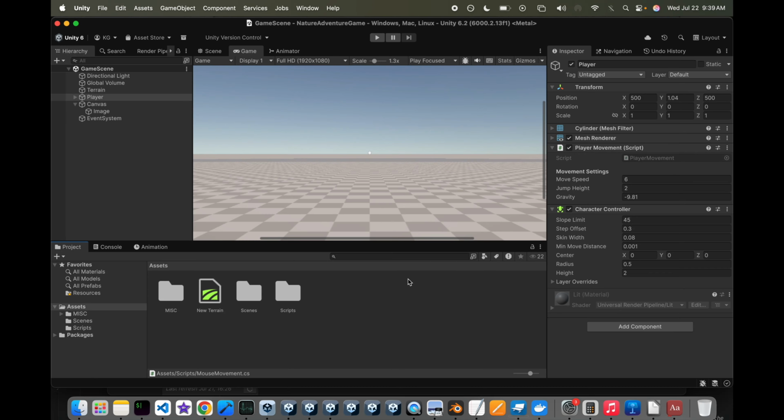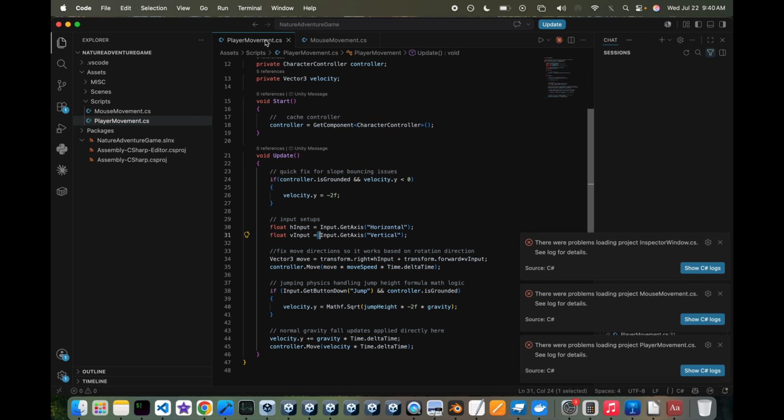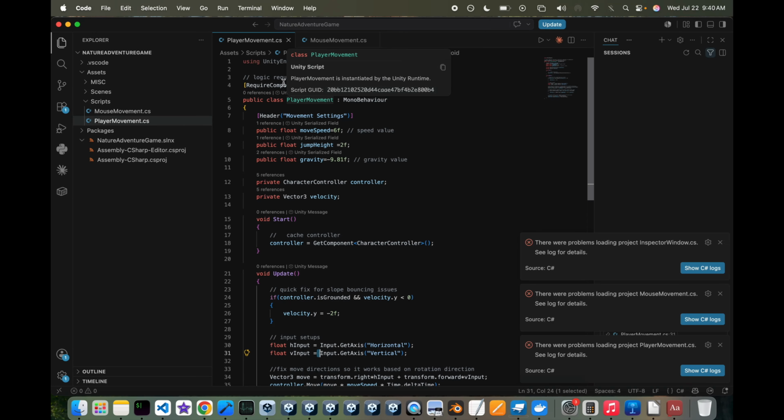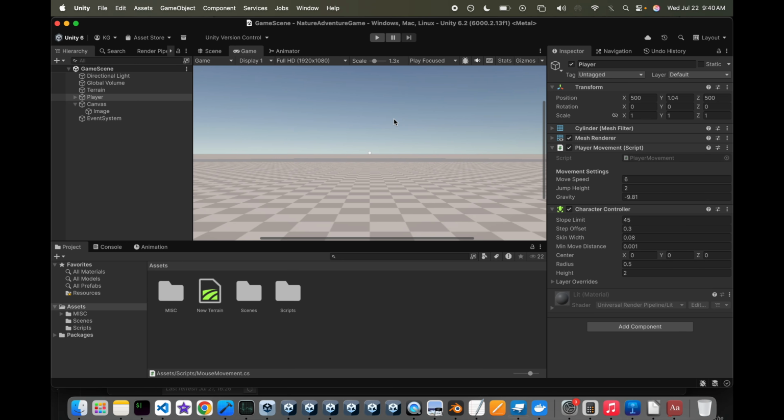So for this, I just want to say something that happened in the last video. First of all, we forgot to create this component, but it was automatically created because of this thing, required component. That's just something cool. That's why we added it. And to start, what I want to do is